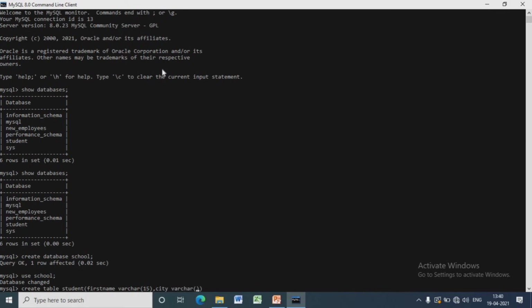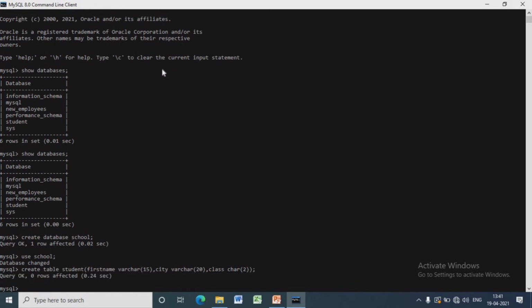Now we have created the table student with 3 fields, and first one is first name, second one is city, and third one is class. Describe table name is used to view the structure of a table.